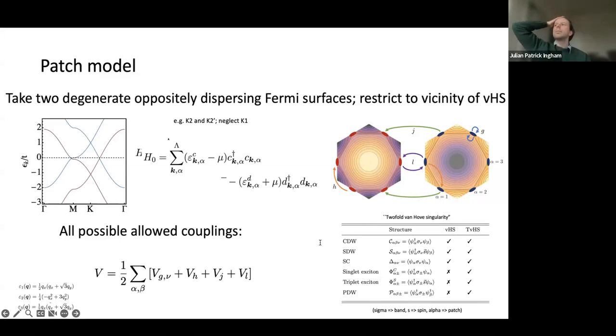So ordinarily, a pair density wave, so forming a superconductor where the Cooper pairs are on different corners of the hexagon, usually this is disfavored by the fact that fermions on different corners have opposite energies, and superconductivity likes to take place between fermions with the same energy. But if you consider fermions on different corners and different Fermi surfaces, that pair of fermions will have the same energy. And so actually there is a weak coupling instability towards a superconducting state that's finite momentum, which